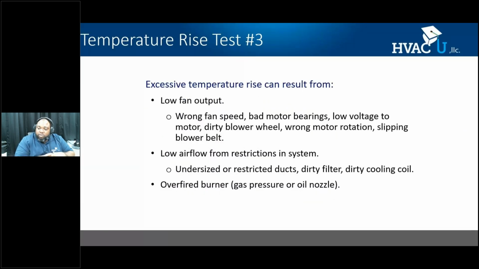Excessive temperature rise can result from the wrong fan speed, bad motor bearings, low voltage to a motor, dirty blower wheel, wrong motor rotation, and slipping blower belt. All right. Low airflow from restrictions in the system. If I've got undersized or restricted ducts, a dirty filter, or a clogged cooling coil, it's going to affect my static pressure